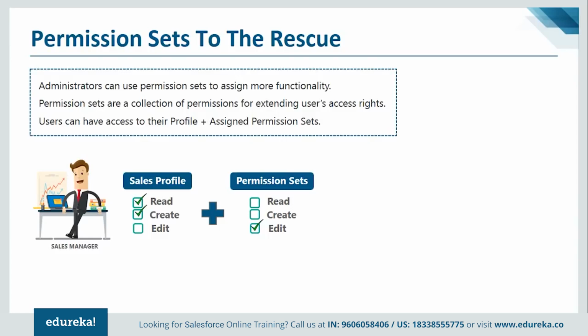So at that time, to specifically give him extra permissions, we can make use of permission sets. And this way, he'll have access to everything. He'll have access to what is there in the sales profile, and he'll have access to what is there even in the permission sets. And this is the benefit with permission sets: you don't disturb the profile here, and all the other people have the same permissions, and it's just this one particular person who has this additional credentials. So that's why permission sets are always beneficial, and that's how they save a lot of time and save a lot of energy, and they make things very efficient